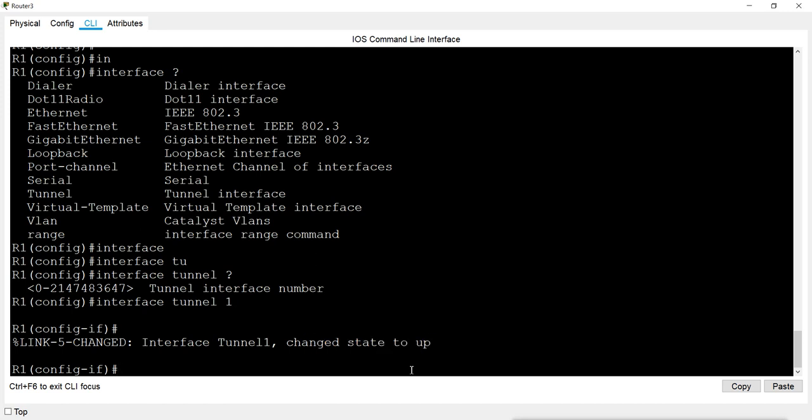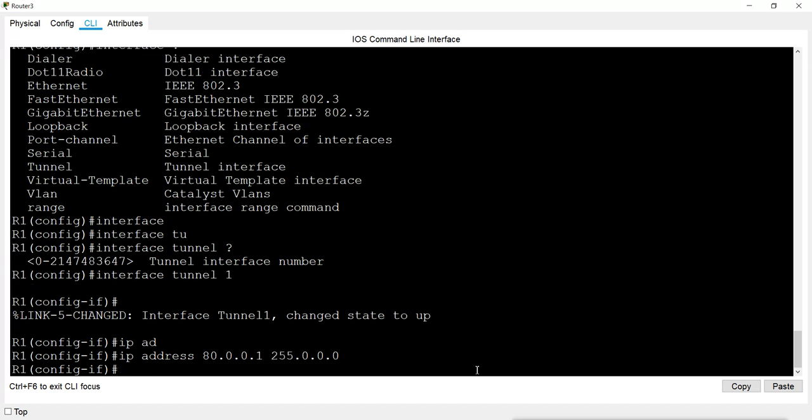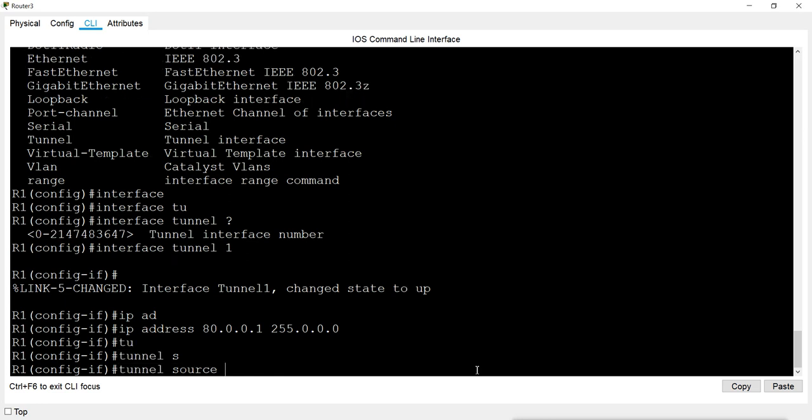Now here we will use what first? We will use IP address. So IP address I have already decided, it is going to be 80.0.0.1. Then I will use tunnel source. Now source will be this router 1's interface.